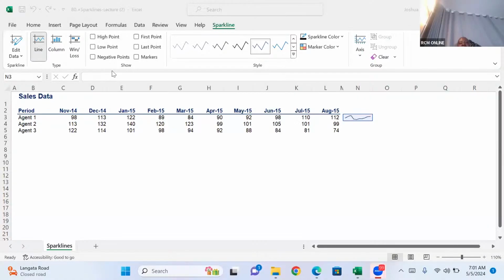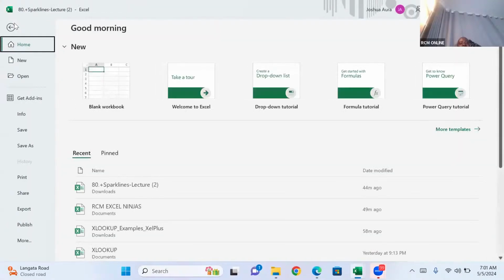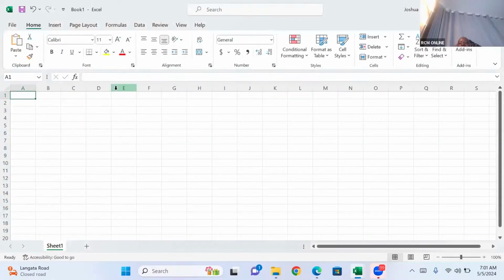Now, ladies and gentlemen, as I told you, I'm almost on the tail end of at least advanced Excel, although some of you want me to do this Power BI. So now I would want to go into financials and show you a few things here. Now, assuming you take a loan